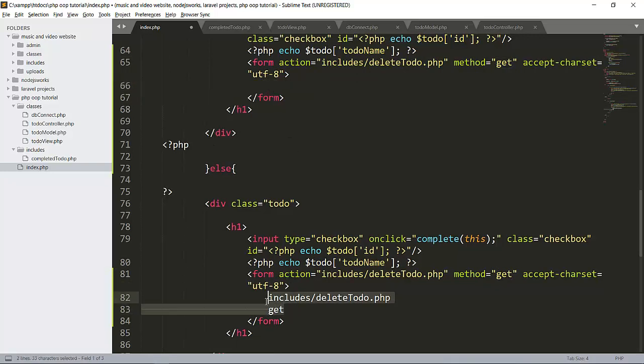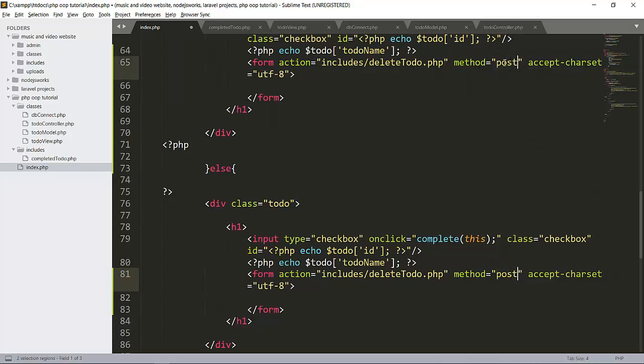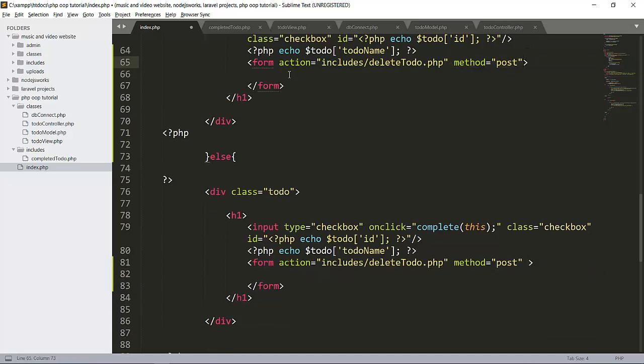Let's remove this, and the method will be post at both sides. There will be method post. Remove this and this one also.